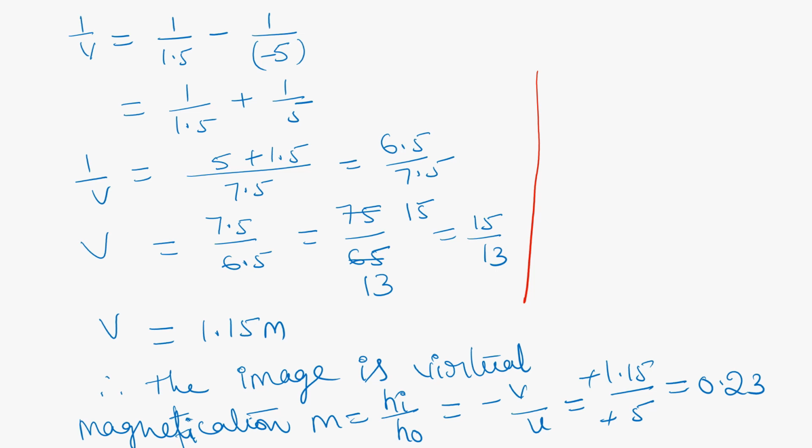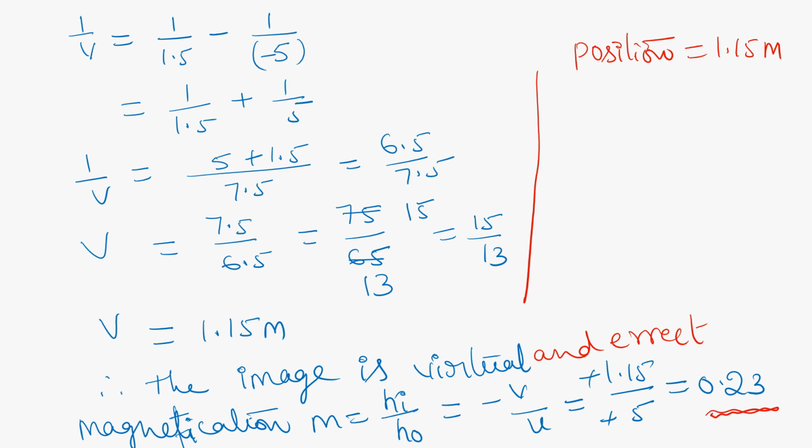of the image, that is equals to 1.15 meters behind the mirror, and nature virtual and erect. Here image is virtual and erect. Next, image is erect and smaller in size by a factor of 0.23. Okay,